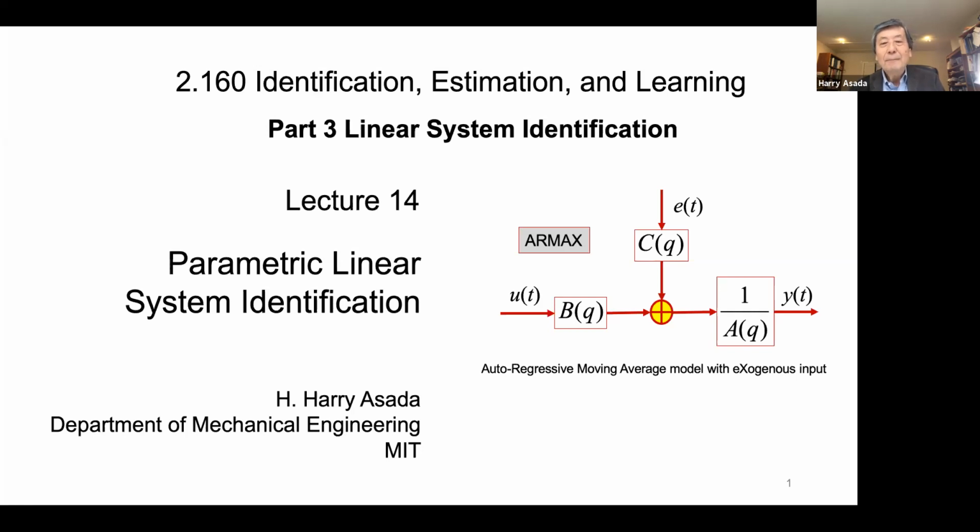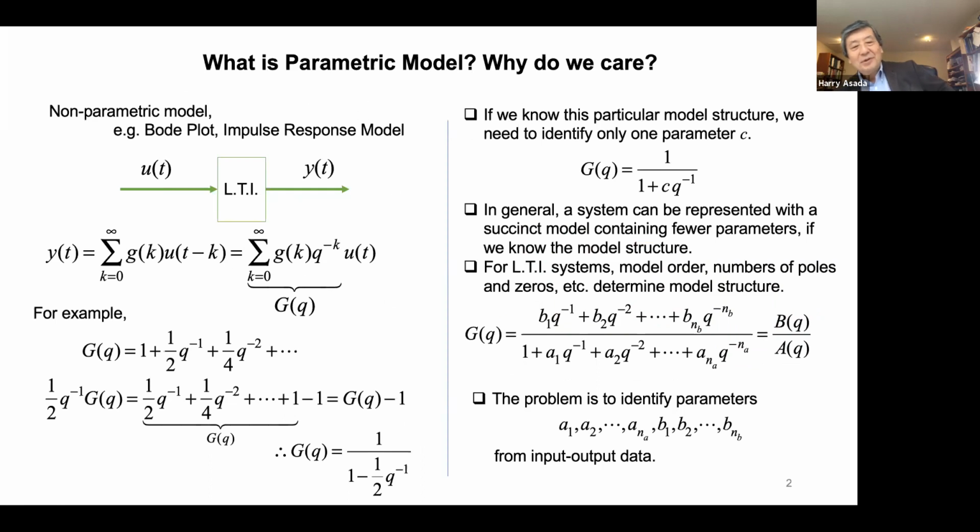Now we look at the parametric linear model, and the first question is, well, why parametric? We have already covered the things in the non-parametric area. So let's think about non-parametric ID, like a Bode plot and an impulse response in particular. So linear time invariant systems, and this is the impulse response, convolution form, right? And then factoring out the time shift operator,